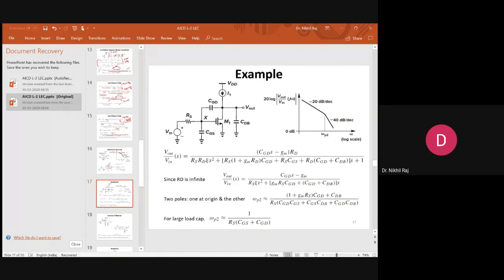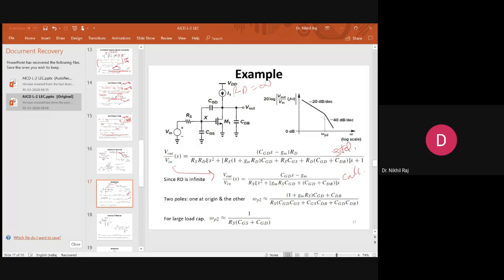So coming to slide 17. Again here, this was the equation. Here the RD is infinite. In this example, the RD is infinite. So when we calculate the transfer function using exact analysis, we will get this form. So here if you see the change, what is happening: this is the standard equation, and this is calculated. So directly here also we can do it, if we substitute RD infinite,